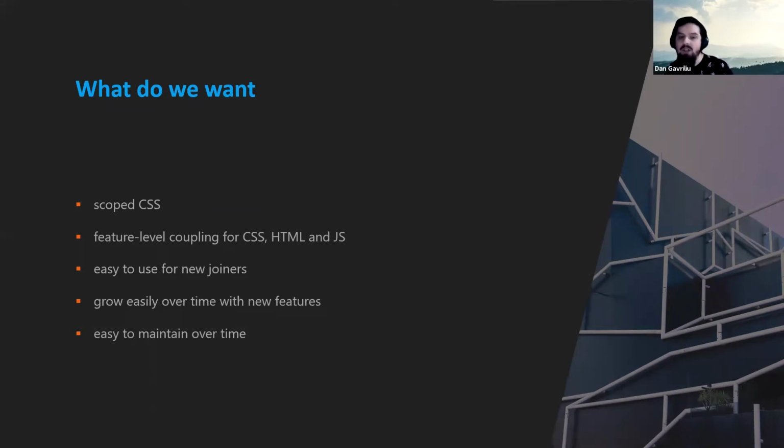To have this functionality acceptably usable for new joiners, to make it as easy as possible, to allow features to grow easily over time in a project, and to also have the project easy to use after we've put it on hold for a couple of months and it came back to life afterwards. Things like that do happen,